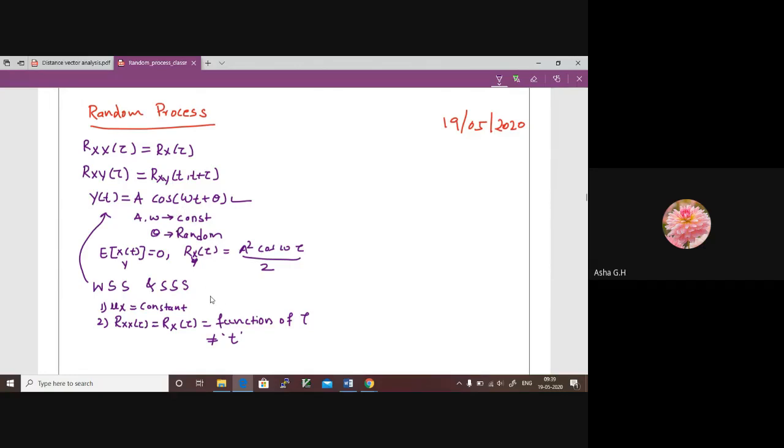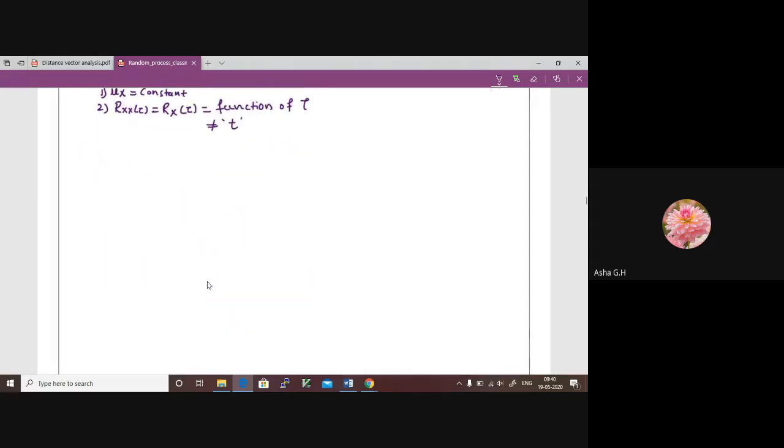Now these are the two conditions. If there is another equation given to you, and you are asked to check wide sense stationary or not, you can just go ahead and repeat the same process. Now, in today's class, I think in the previous class I just briefly explained the sum or addition of two random processes, and the autocorrelation function of the resulting sum. This is one topic today. And also we have the product, or multiplication, of two random processes.